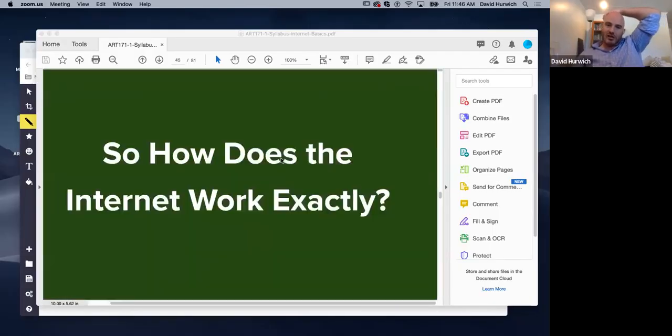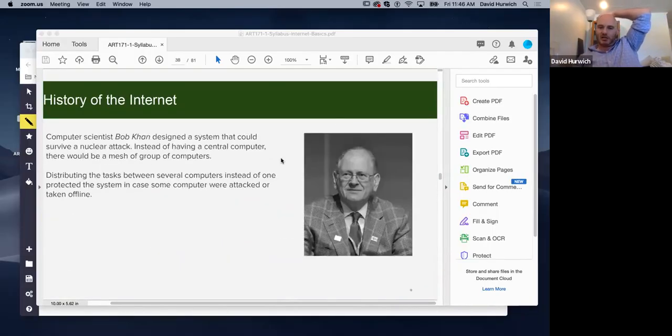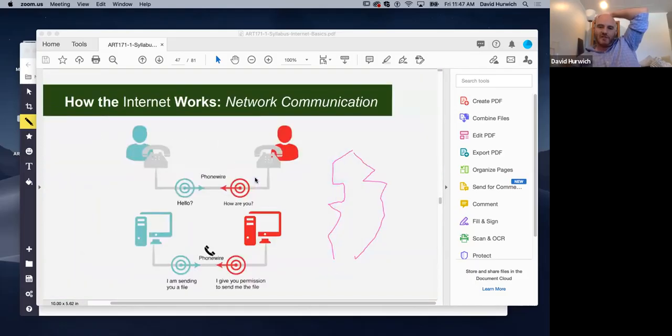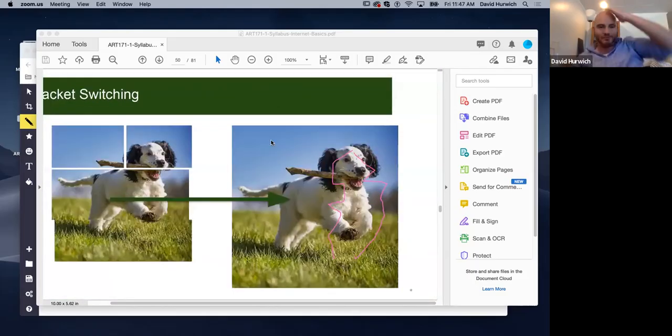All right. So remember how I said, we talked about, there's these computers and it's a mesh system. There's all these computers. And a computer can send a file through any of these computers that goes down the pipe. Well, the way computers send files is they actually break them up. So the way it works,